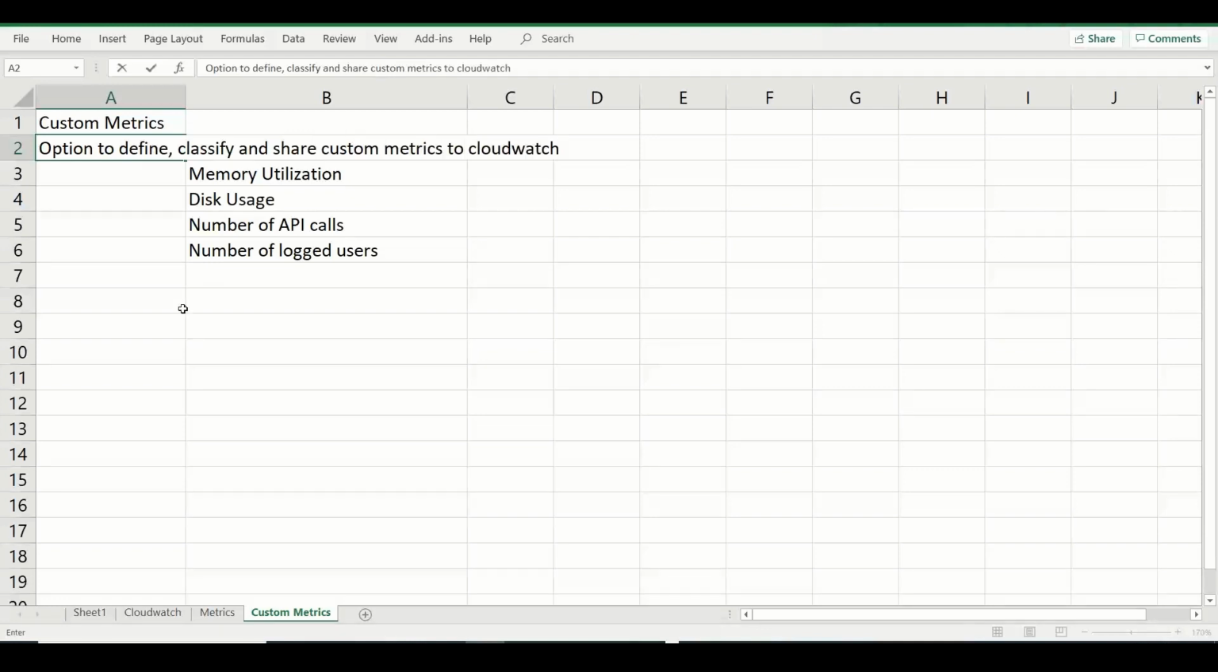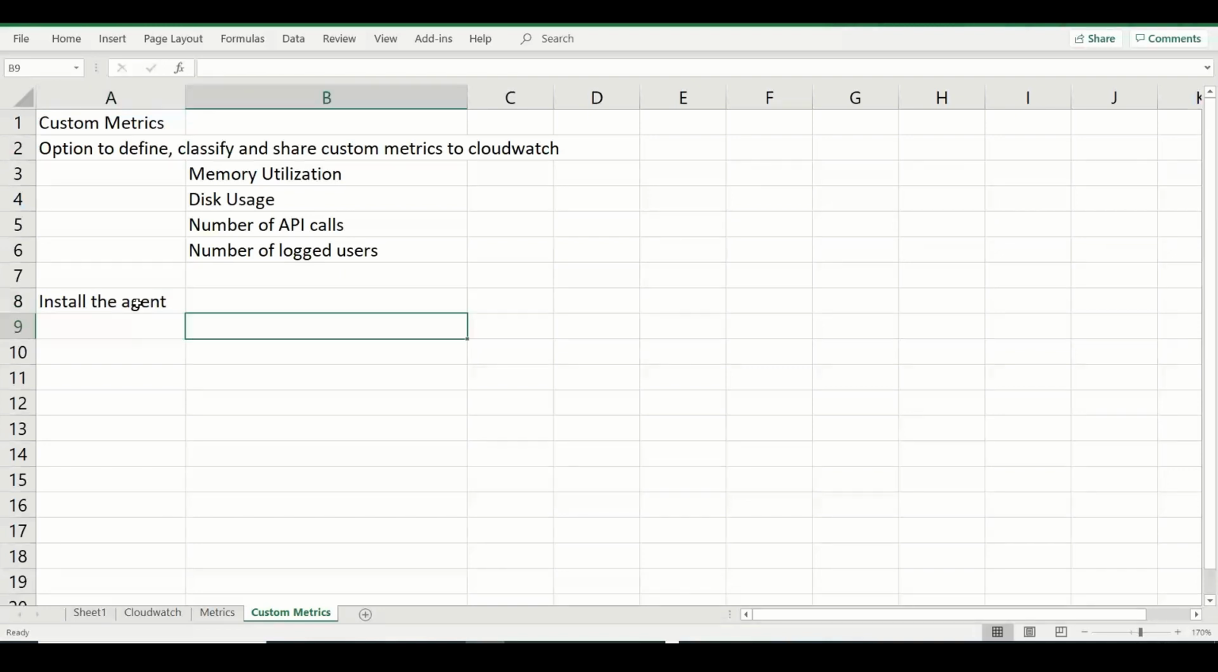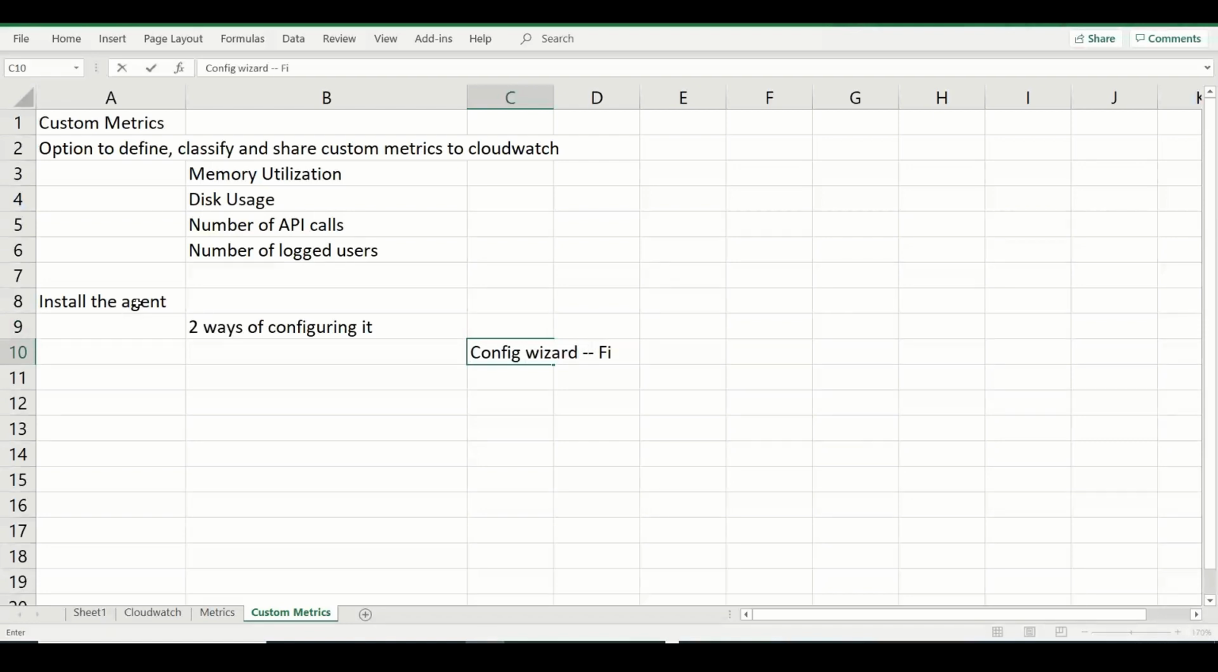CloudWatch. Okay, so number one, you need to install the agent, which we already did. And there are two ways of configuring it. One, you can just use the configuration wizard and then store it in a JSON file and customize the agent to send additional custom metrics. That's option number one. Option number two, you can use the SSM parameter store, and then from here you can push